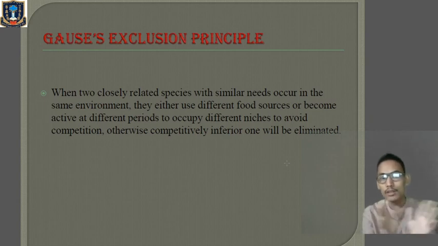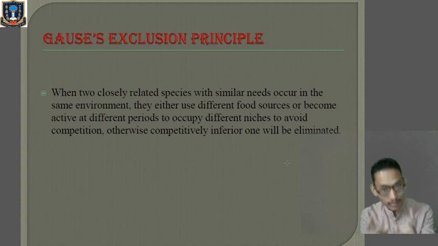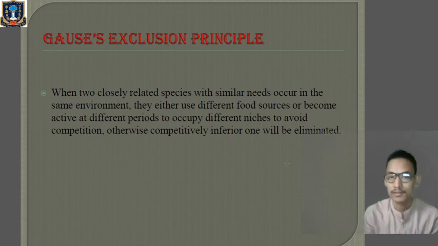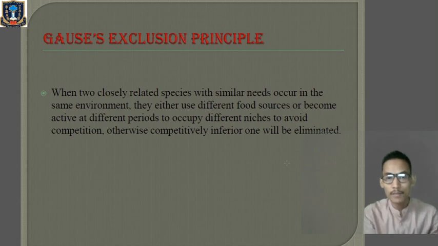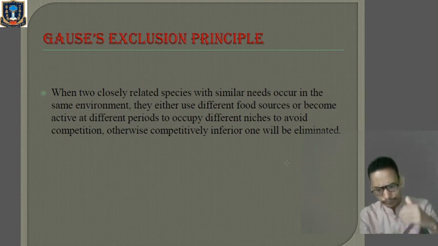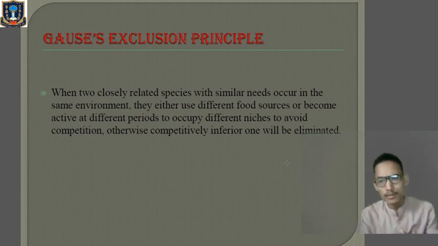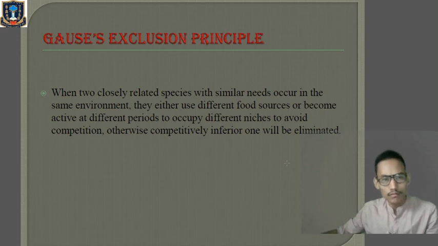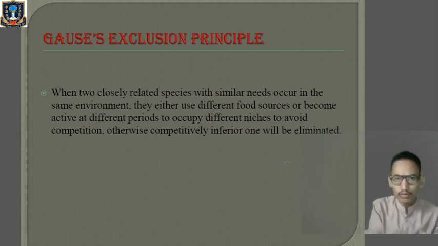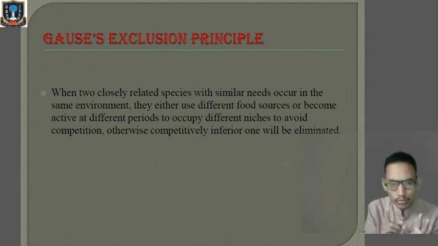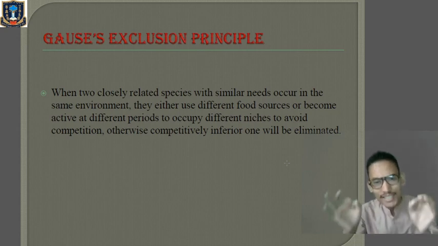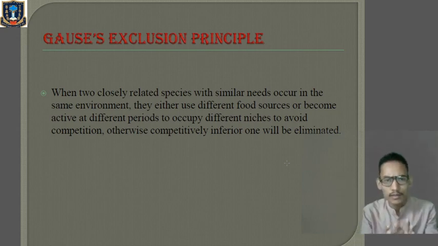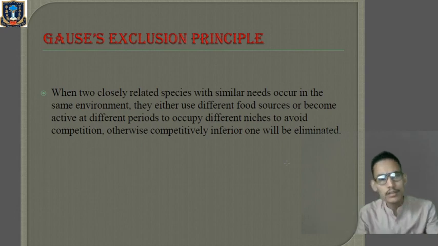Okay, the resources are not unlimited, they are limited. So there will be competition between the species, clear? And in that case, one will become dominant, clear? So one will win the competition, and the one who loses the competition will be eliminated. Okay, so according to Gauss exclusion principle, when two closely related species which are occurring in the same habitat,